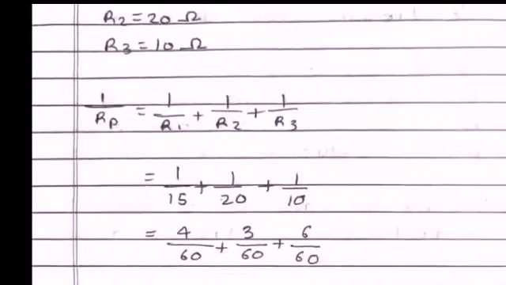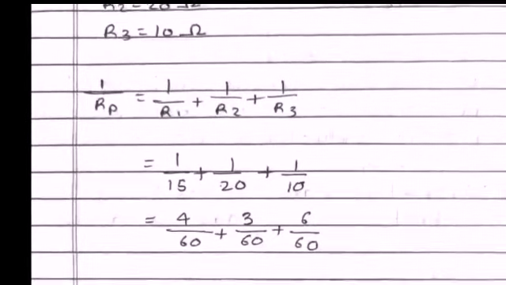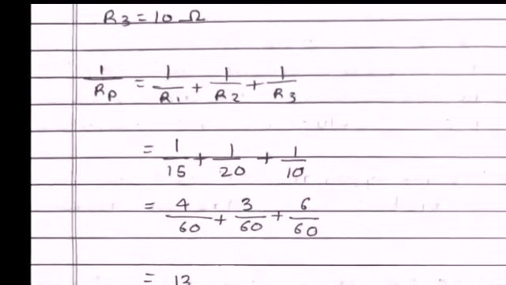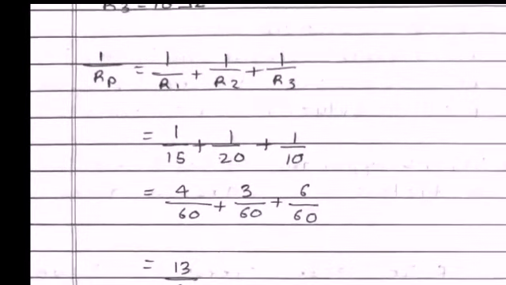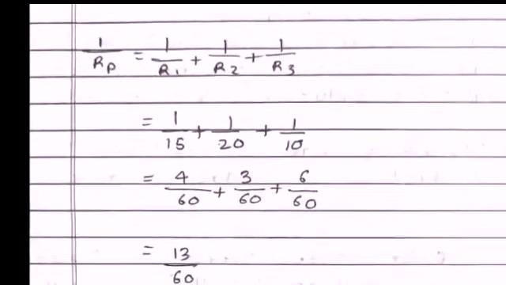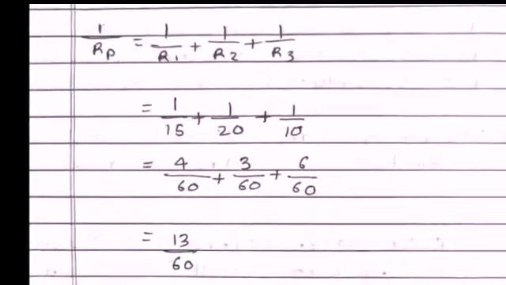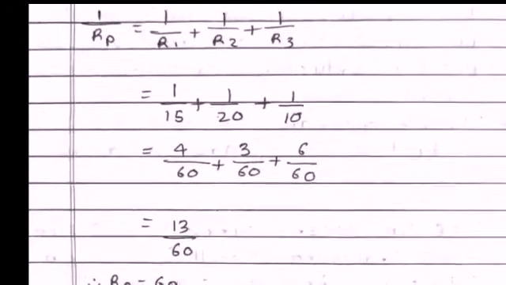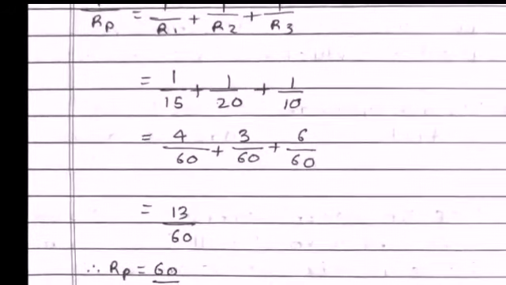1 upon Rp, here Rp is the effective resistance, is equal to 1 upon R1 plus 1 upon R2 plus 1 upon R3. We write this because of parallel resistance. So after putting